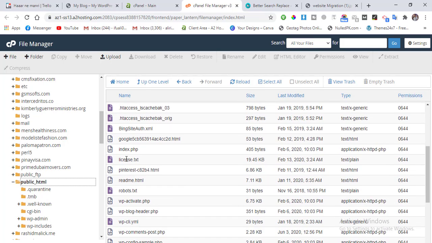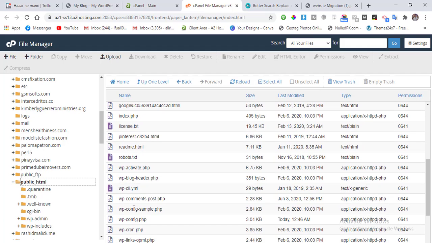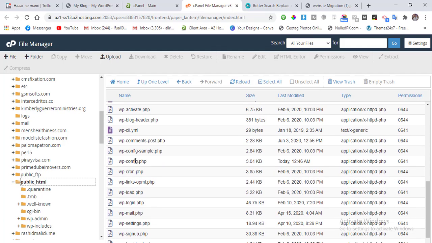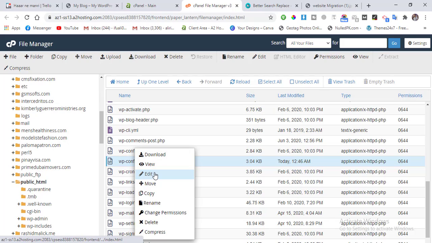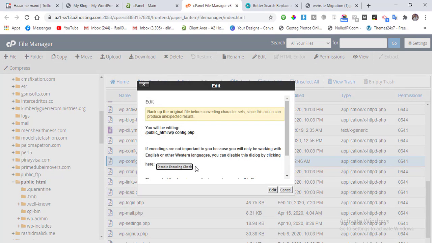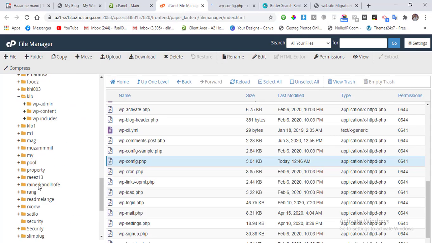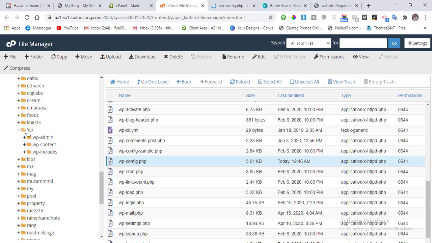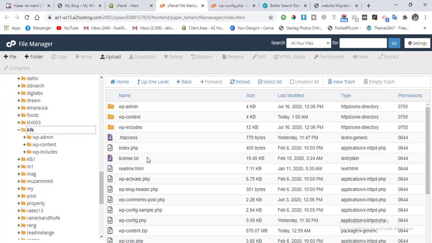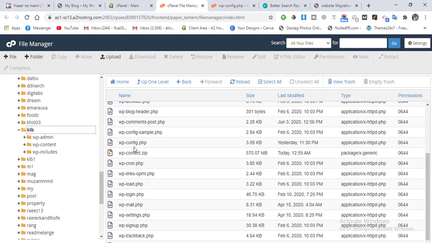Now we are going to update the WP config. Click on edit. Here is the WP config.